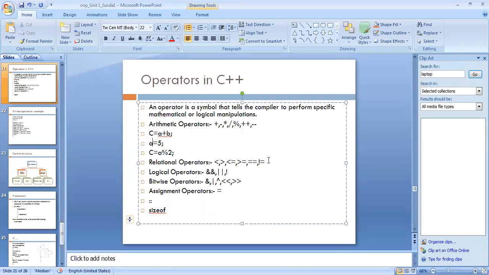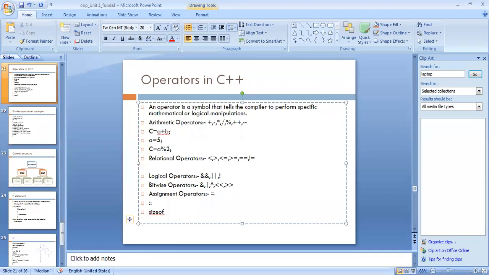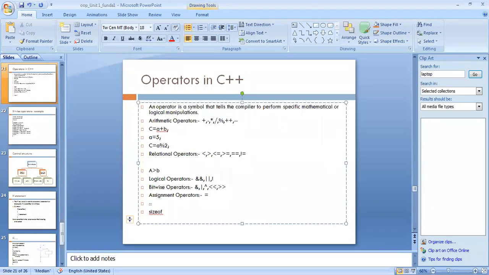Suppose we write a greater than b, and we consider the value of a as 20 and b as 30. If we use this condition, a is greater than b, as the value of variable a is 20 and the value of variable b is 30, so a greater than b is false.